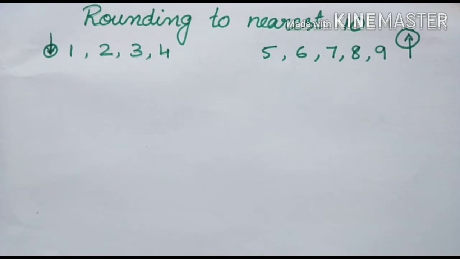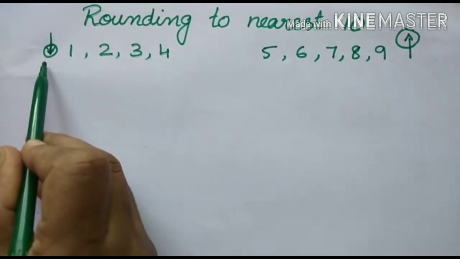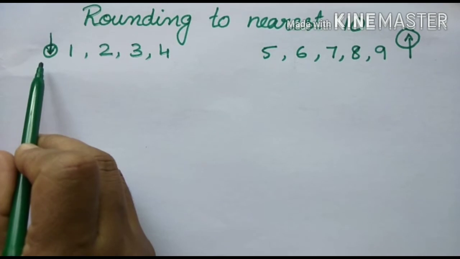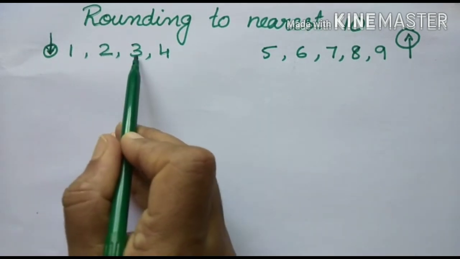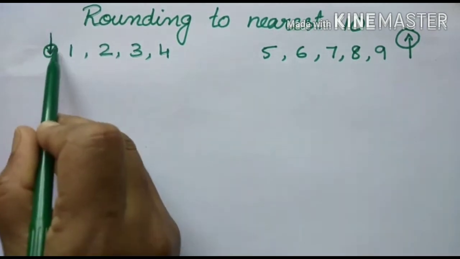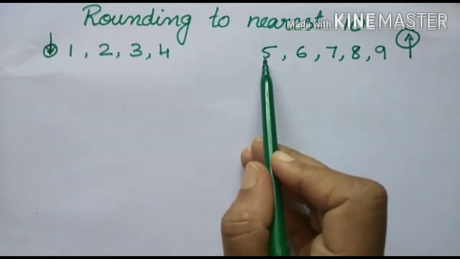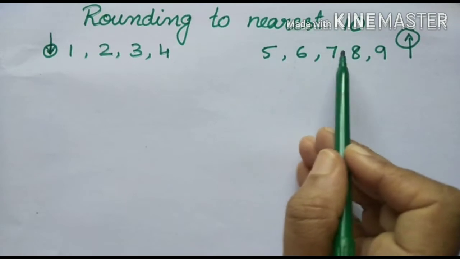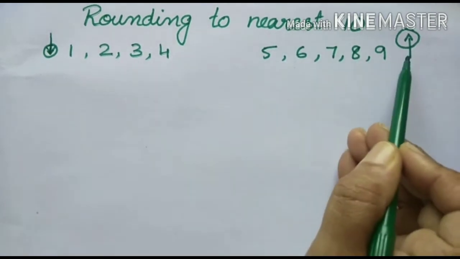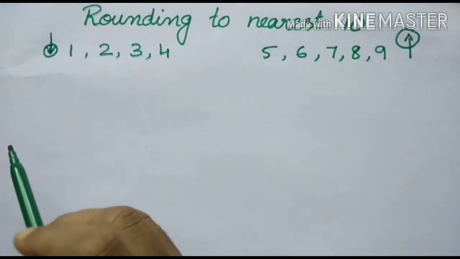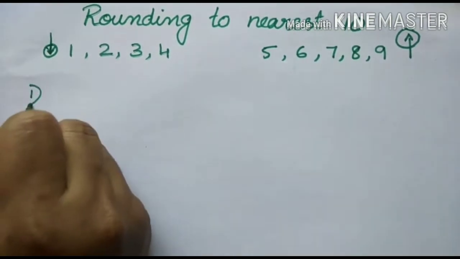While rounding off numbers, keep this in your mind. Round down. Which numbers do you have to round down? The numbers that end with 1, 2, 3, 4, you have to round down. And the numbers that end with 5, 6, 7, 8 and 9, you have to round up. Okay? Now, first example,